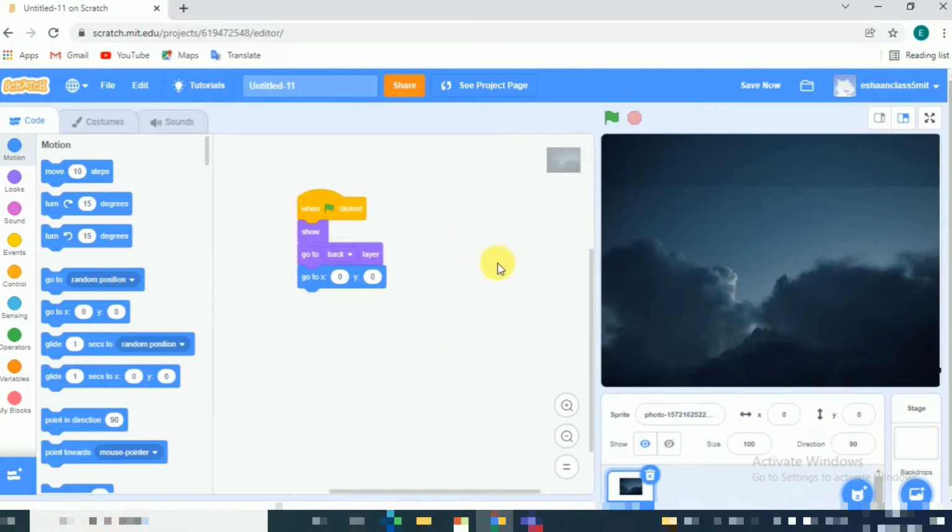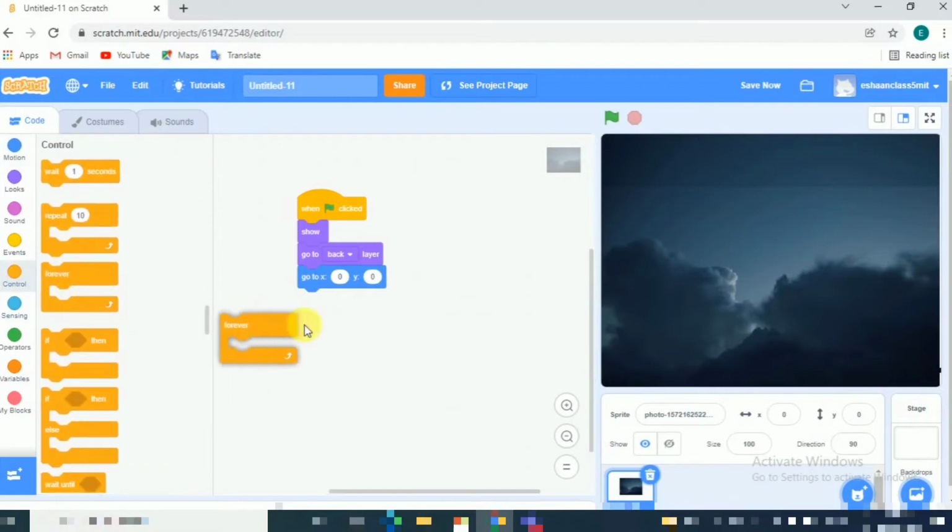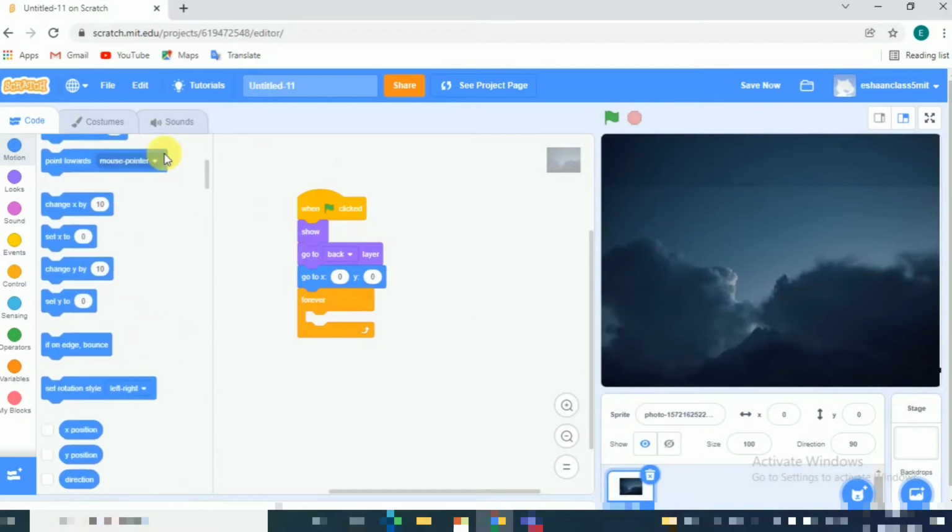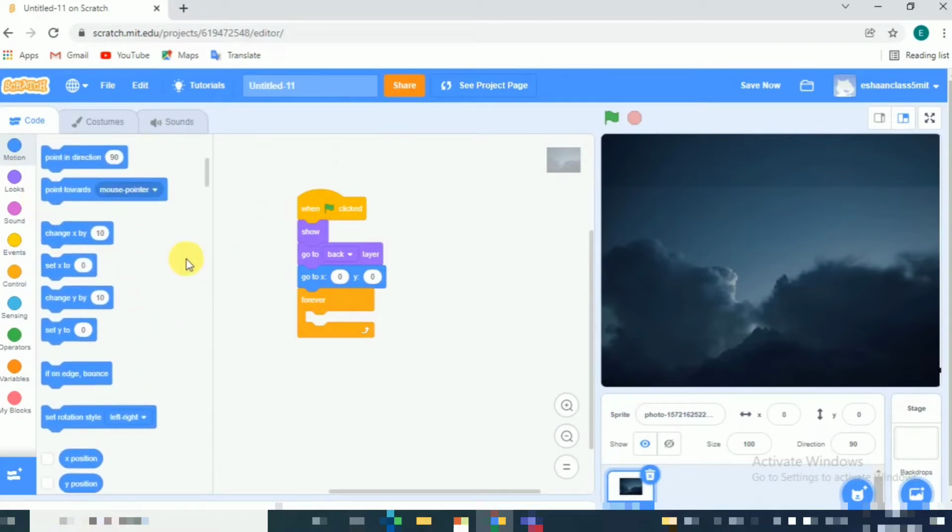Then after running it we will go to control and take the block forever. After taking forever, go to motion and take the block change x by 10, and set it to change x by -5.